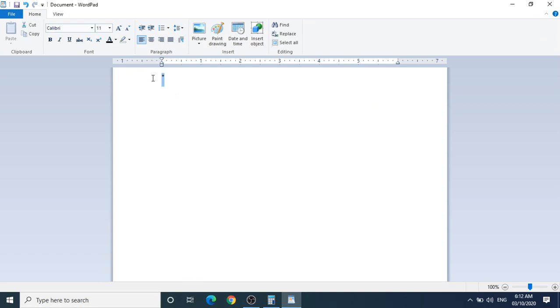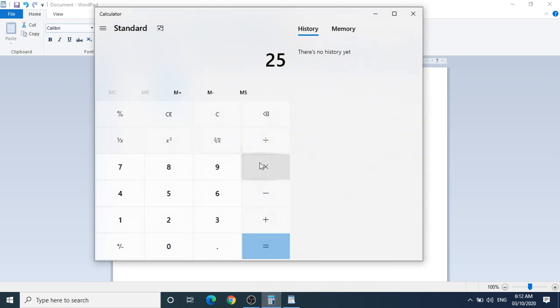I will increase the font size so that it is visible properly. This is called the asterisk sign, and this symbol is used in your computer for multiplication. But in my calculator just now it is the cross symbol, which we generally use for multiplication.